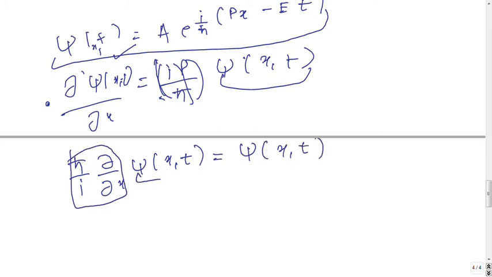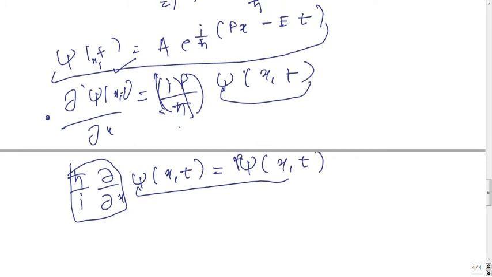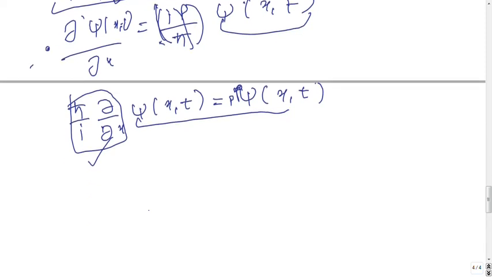This suggests to us that the wave function for a free particle is an eigenfunction of this operator with eigenvalue p. It suggests that the momentum operator corresponding to the momentum of this particle in the x direction is